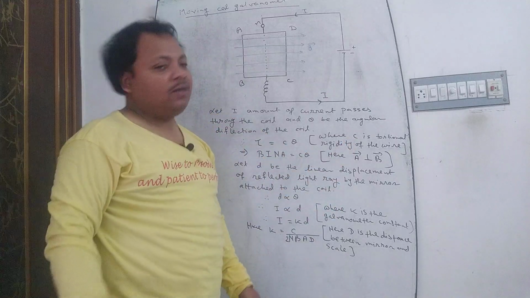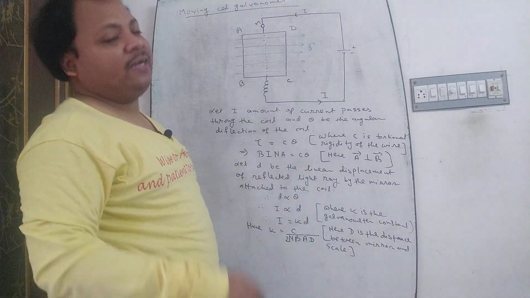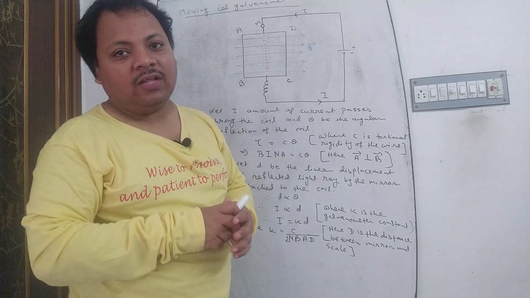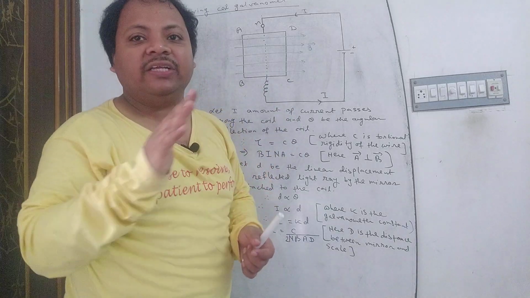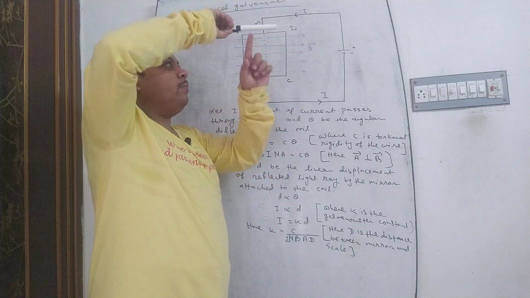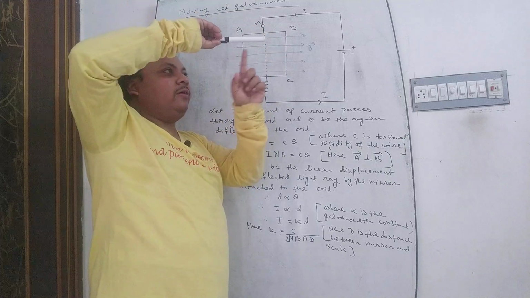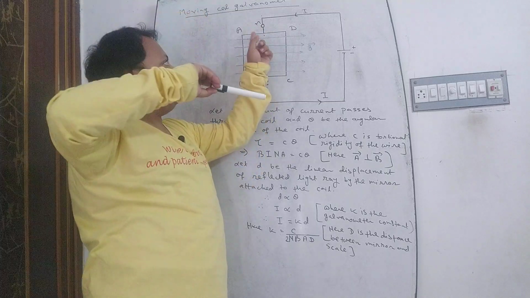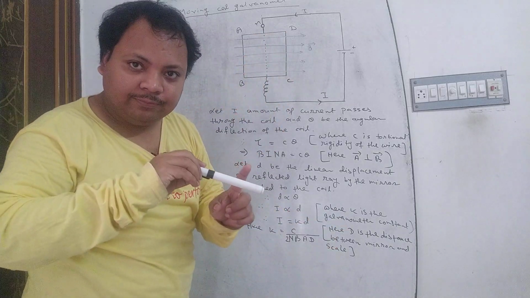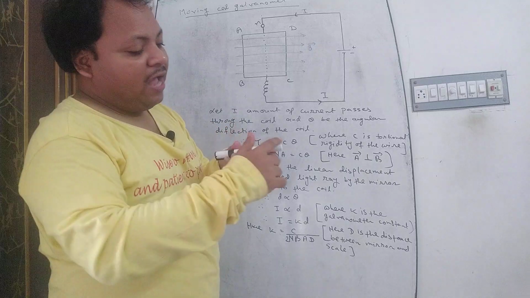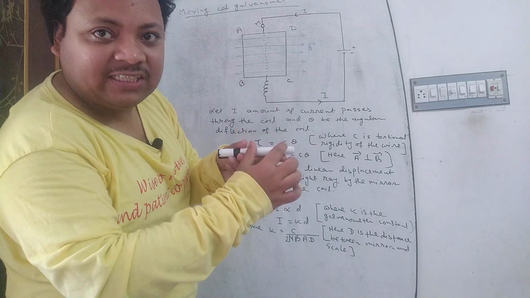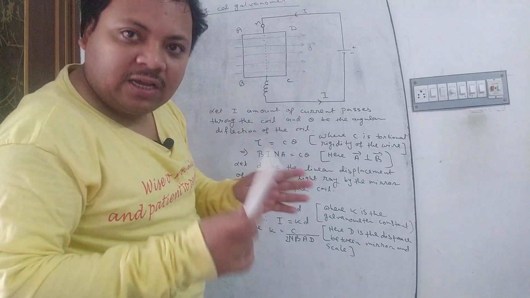theta. That is, due to the angular deviation of the rectangular coil, theta, the angular deviation of the reflected ray is 2 theta. Here capital D is the distance between the mirror and the scale. Due to the angular deviation of the reflected ray, which is measured from the scale, we can measure the current